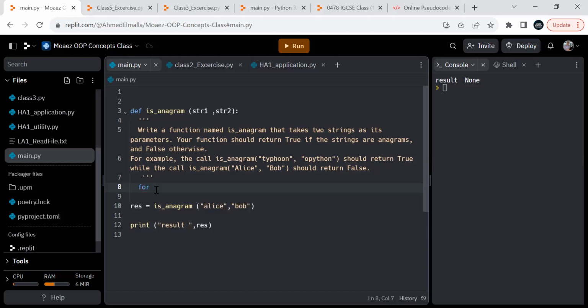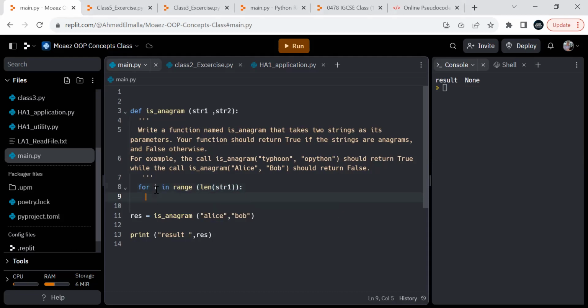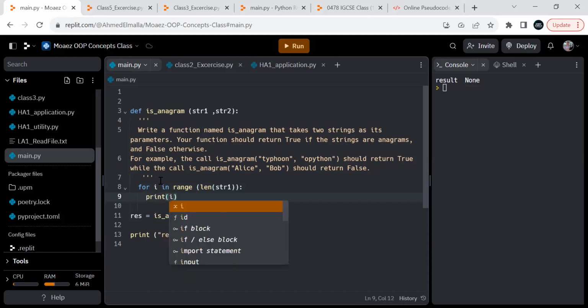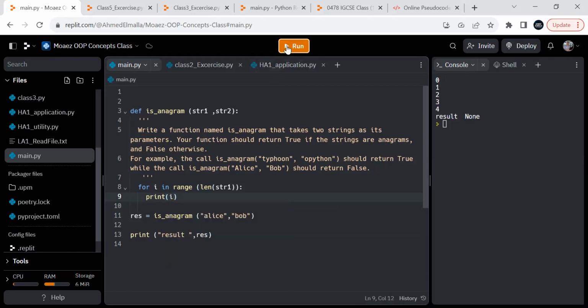Okay, good. So let us think how we can make our for loop. For i in range. Tell me now how should we think about it? We need the length of the str. So for i in the length of the str, if str1[i]